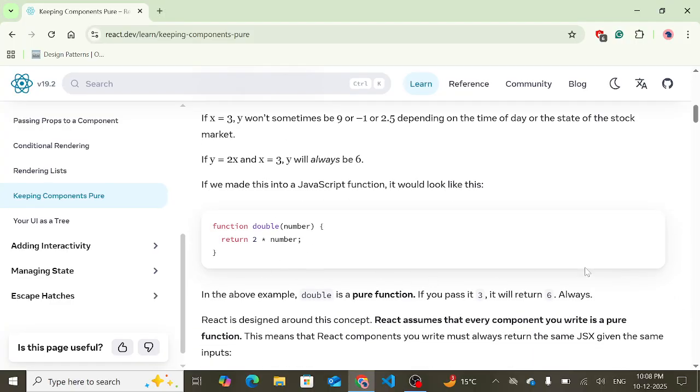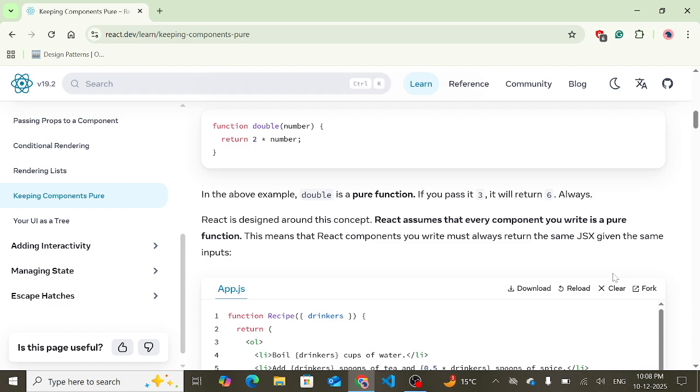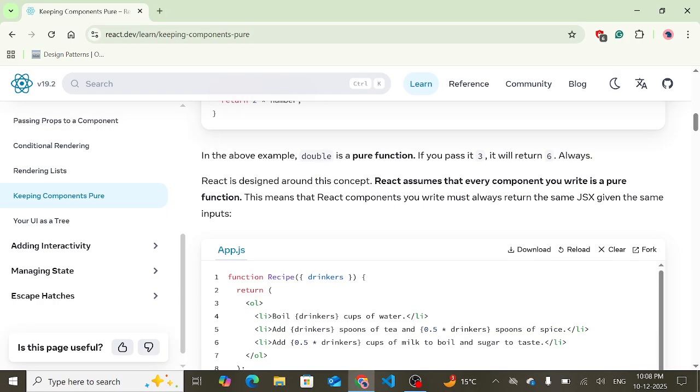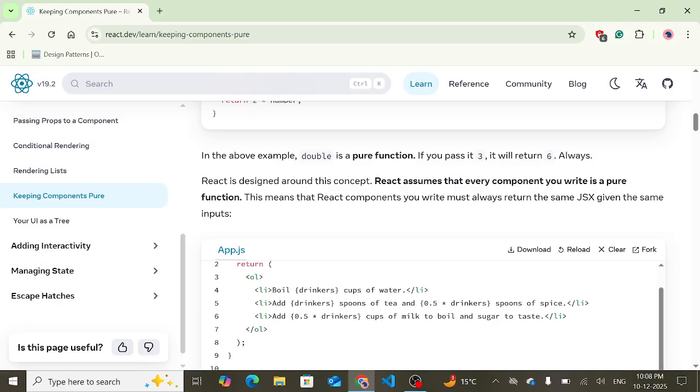It's a pure function, right? So React assumes that every component you write is a pure function. So if you give it the same input, right, it will return the same JavaScript markup. Okay, so